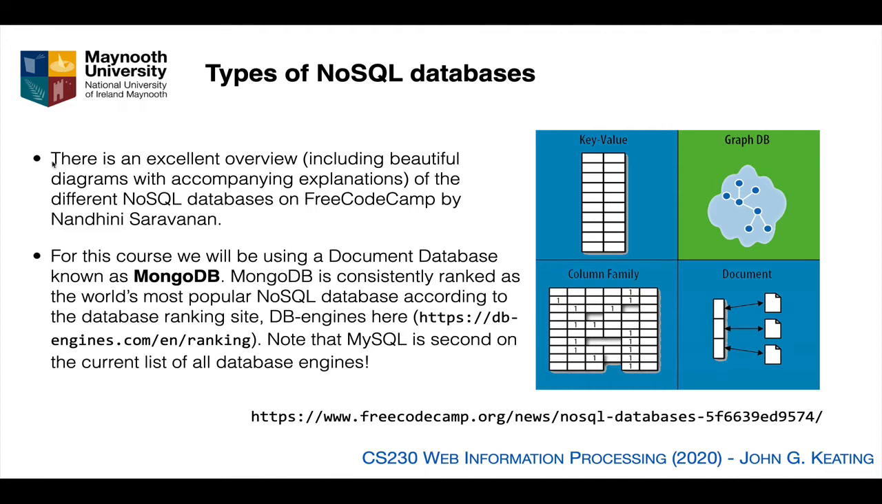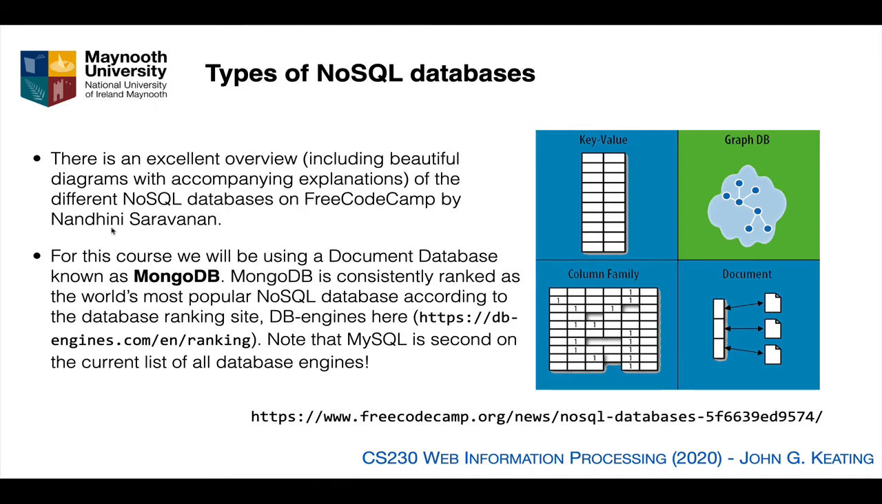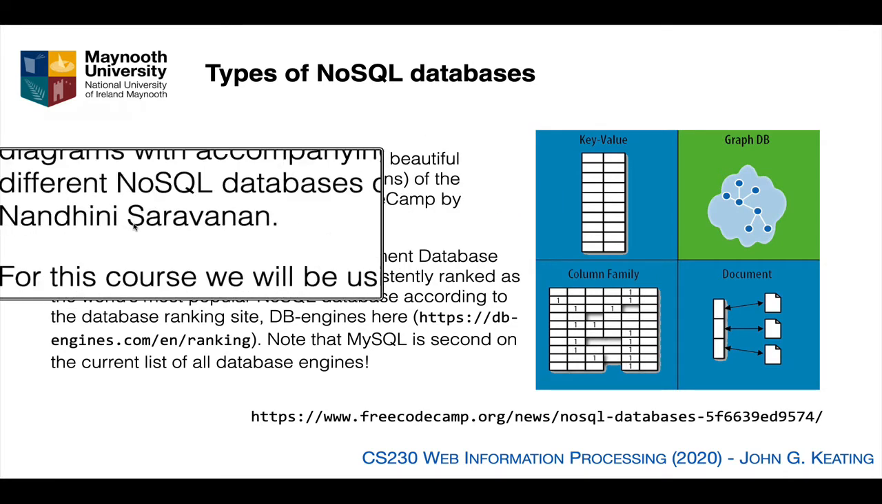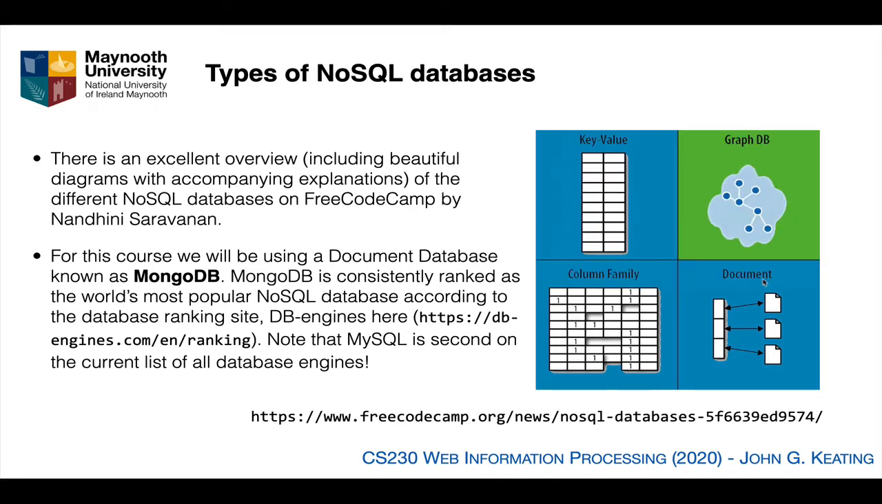So there's a really good overview, including some really beautiful diagrams giving explanations of the different kinds of data that sit in these NoSQL databases. It's on freeCodeCamp, by Bananhini Sarvan. And you can see this graph and some others that show you some nice descriptions of how they work. What's important for us is that I don't need you to know all that stuff. I just need you to know that they exist, and the one that we're going to be using is